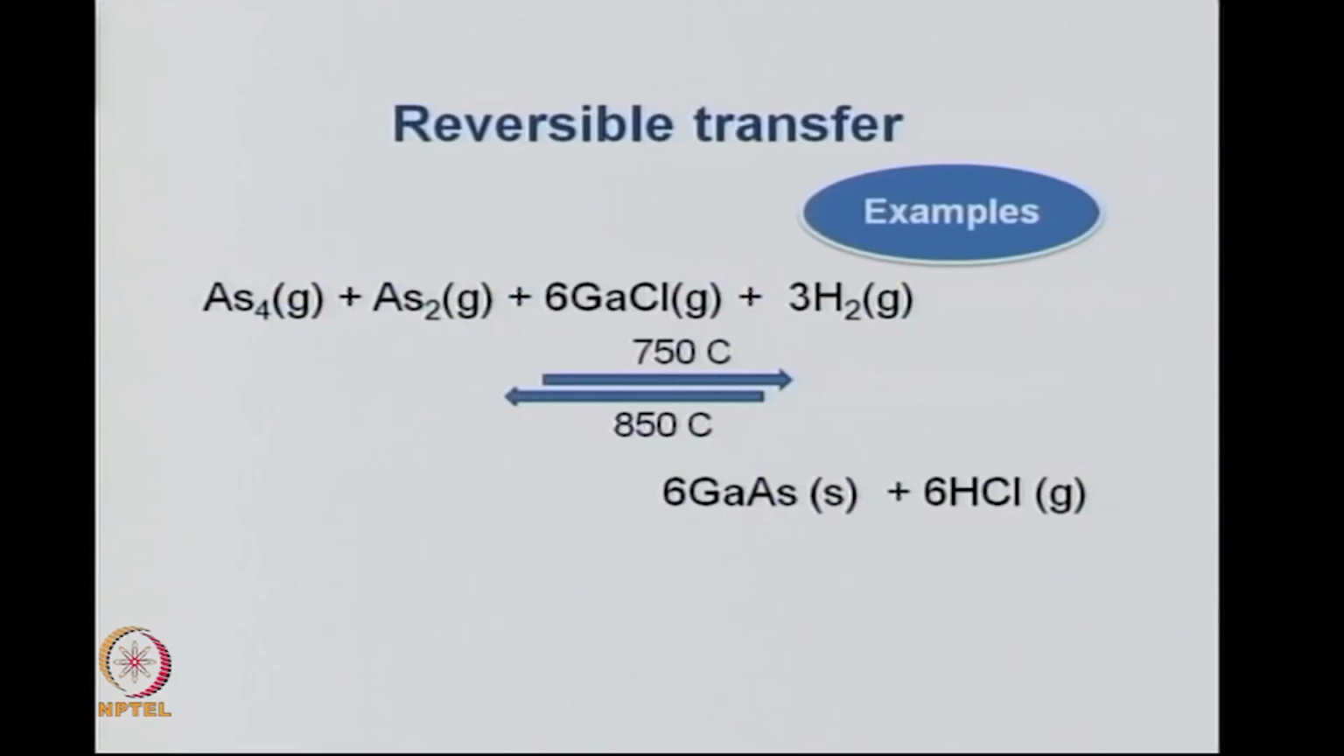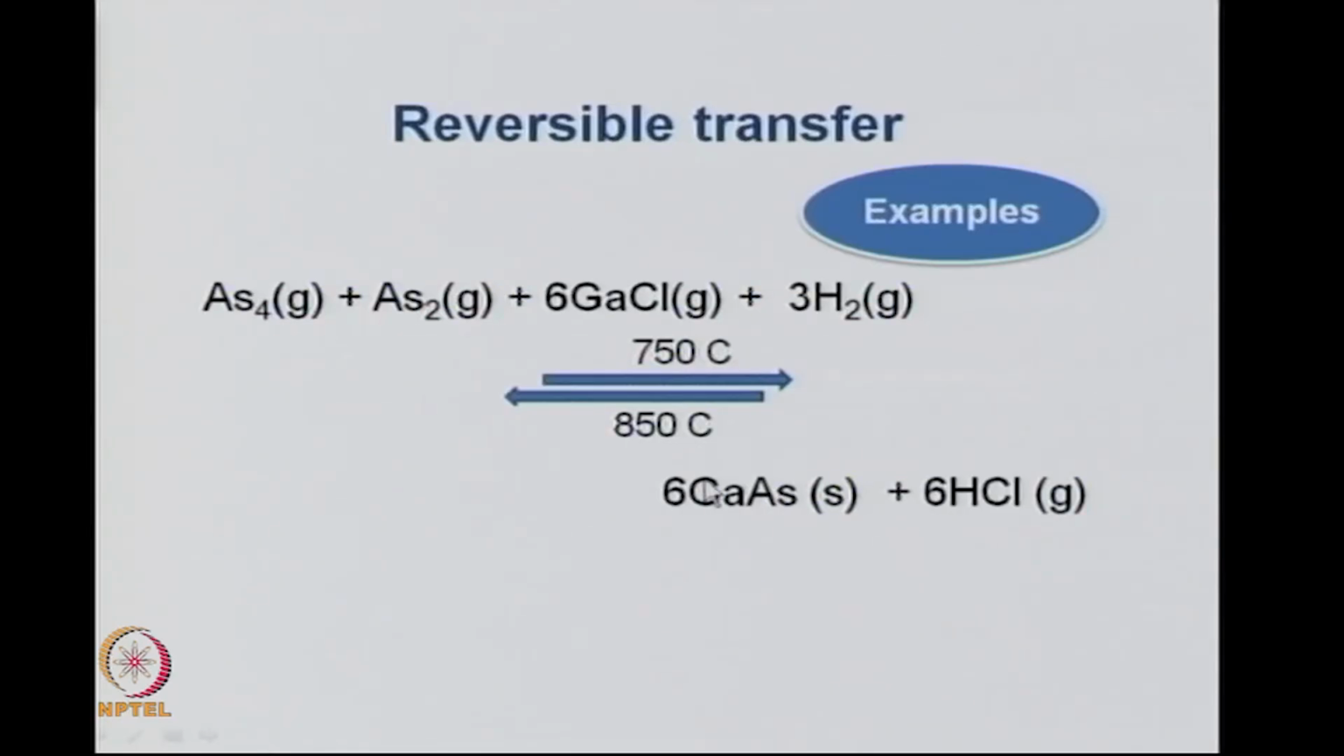Then this is an example of a reversible transfer. Here, what we see is that you have a gas molecule, a tetramer, with 4 atoms of arsenic in this cluster, and 2 atoms of arsenic in this cluster. So it is a tetramer and a dimer, and they react with gallium chloride, where gallium is in the +1 oxidation state, and in the presence of hydrogen at 750 degrees centigrade this gives rise to gallium